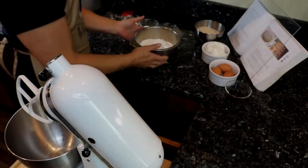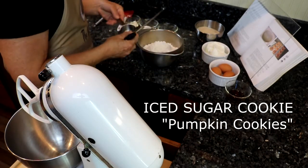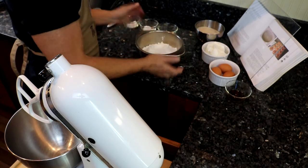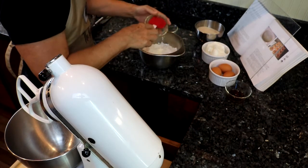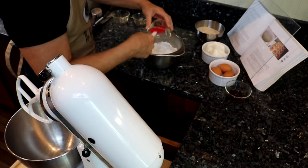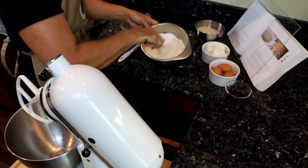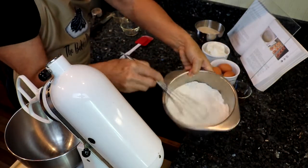All right, hello. We're going to make some sugar cookies today. And I have the flour here, and just to show you how I measure, just to make sure as we go forward, I really just measure by filling up the cup and leveling it. So here's my flour. Here is my milk powder. Baking powder, some salt, and I whisk together all of the dry ingredients just to mix them up. Set that aside,